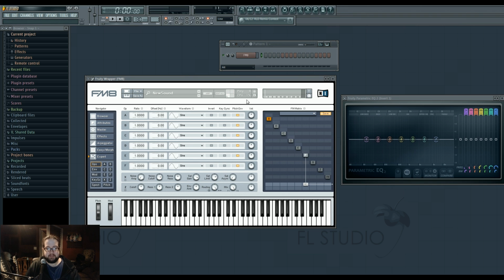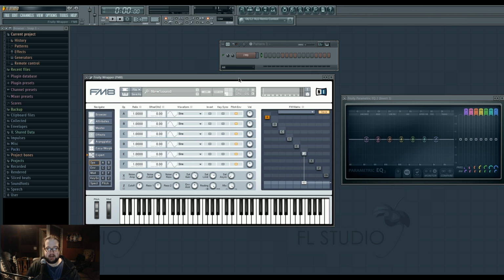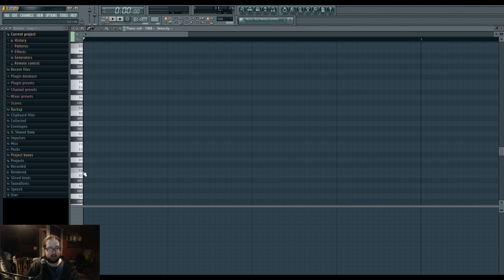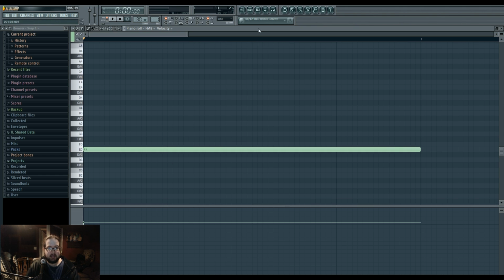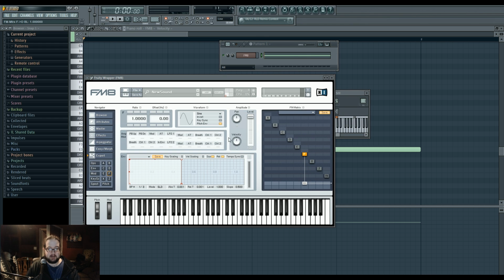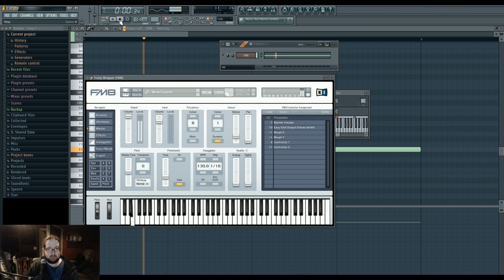And what does that look like? So here I have FM8. This is just the default patch that you get when you open it up. I'm going to put a note in, like here. It's kind of quiet, so I'm going to turn this up. I'm also going to turn up the velocity of op F. It's a little better. I guess while I'm at it, I'll just turn up the output. Yeah. Okay, so now